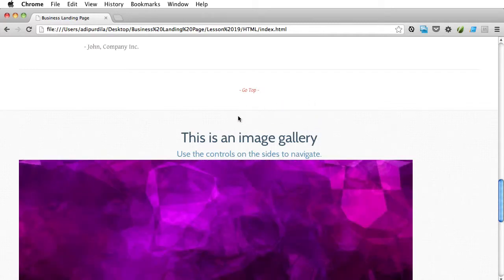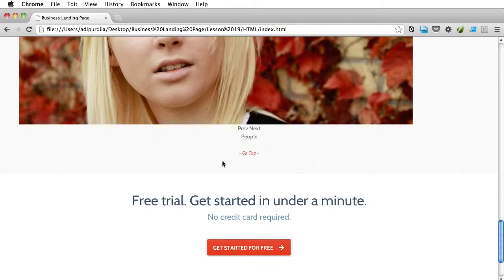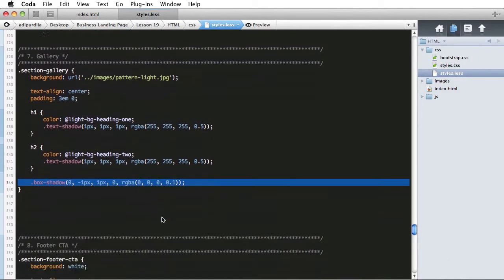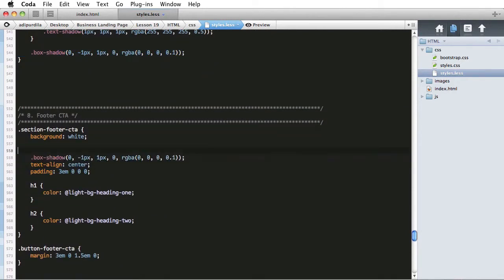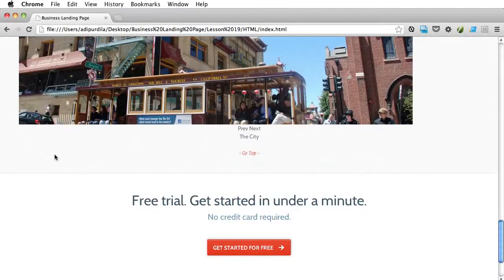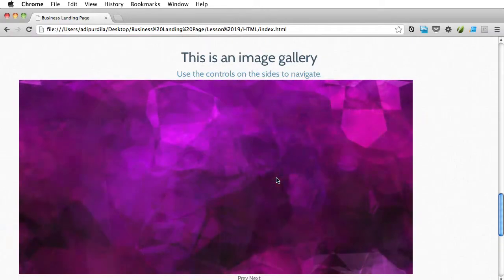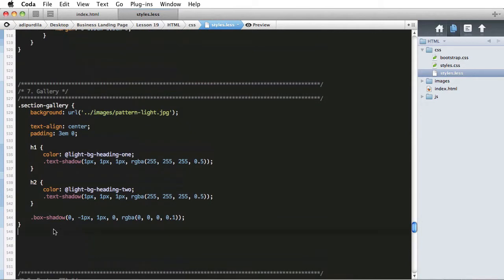All right, so that looks pretty good. It created almost like a stroke, only it's smoother, and it creates a nice transition. Okay, and let's fix the bottom as well. So I'll grab this and I'll just paste it right here to the footer CTA. Okay, so it creates the same effect. All right, now we can start working on the actual slideshow,